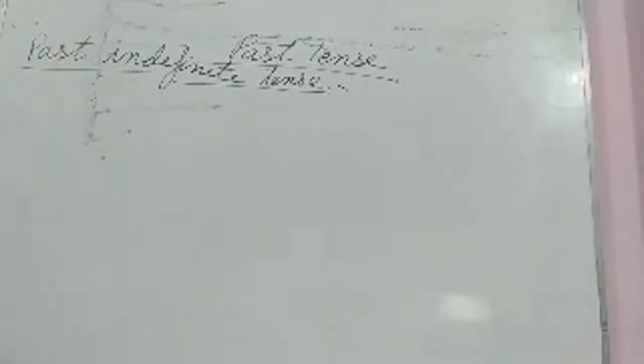Okay, so what is past tense, students? The past tense is used to express an action or the work that took place in the past. Okay, so the action which took place in the past is known as past tense. This tense shows the action of the past, or the action which had been completed. Okay, so now let's see the past indefinite tense. The formula for the past indefinite tense is